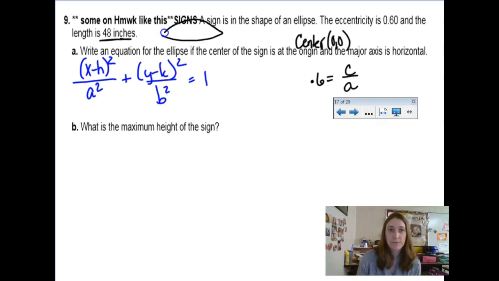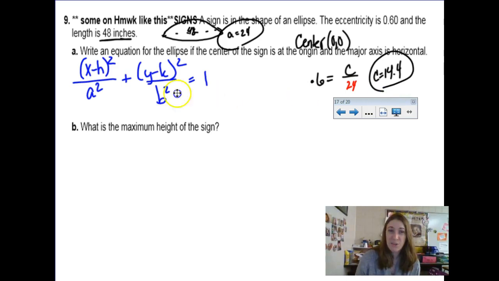So we have this, not ellipse, this length here is 48. And remember the a value is half of the major axis. So the a value in our sign is 24. So if I plug that into my equation here, I can solve for c because it's just a proportion. Multiplying both sides by 24, 24 times 0.6 is 14.4. Alright. So we know a is 24, we know c is 14.4,